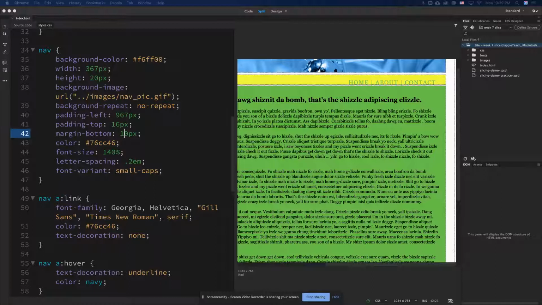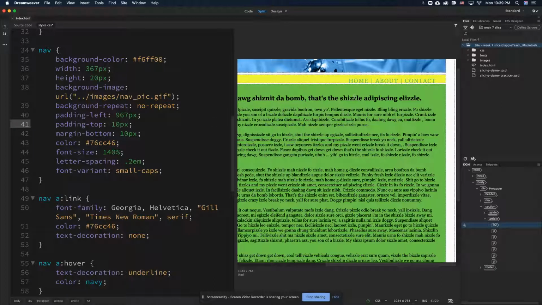So we have margin bottom, padding top, maybe. That padding top was put into place to fix this, I think. So if I go padding top, say 10, yeah, that's what that's fixing. So I'm going to say padding top 8,